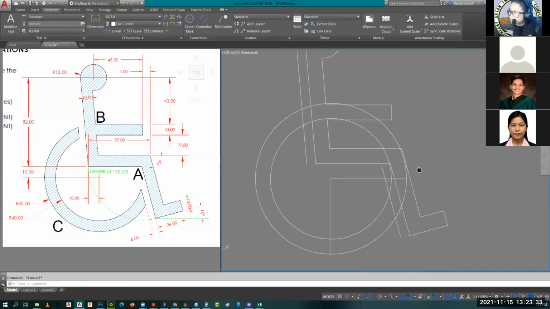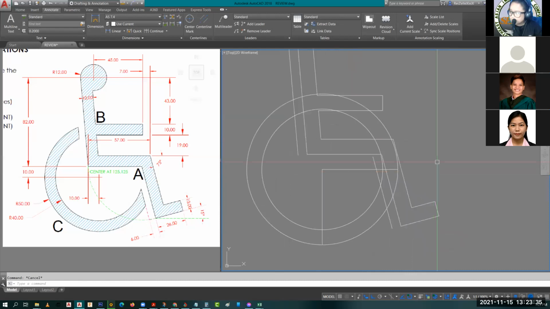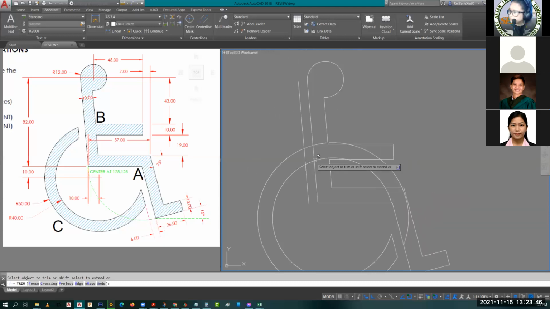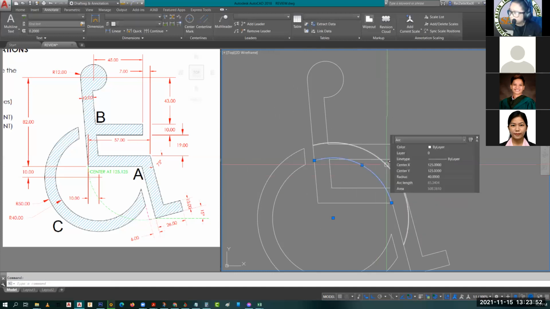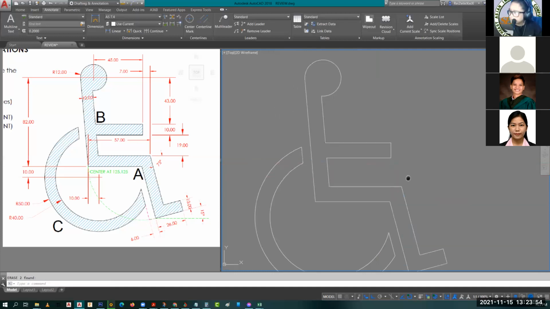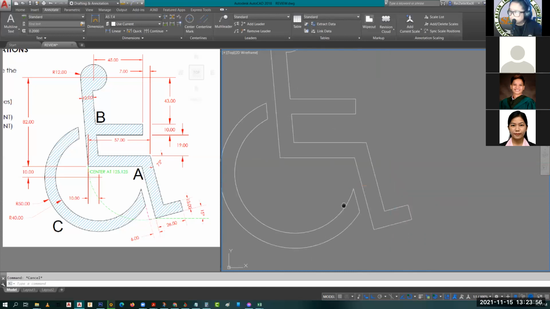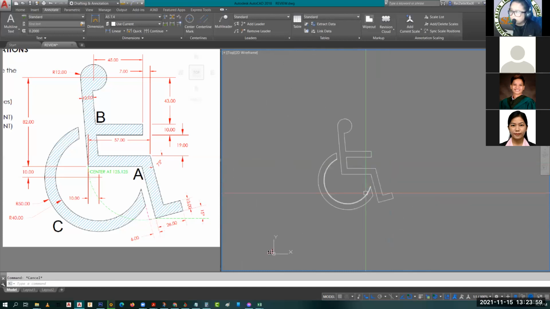So, now, pwede na tayong mag-trim ng bongga. So, tanggalin ko na to. Trim this. Then, this one. So, this part, I'll select and delete. Okay. So, that's your object. Now, ito,